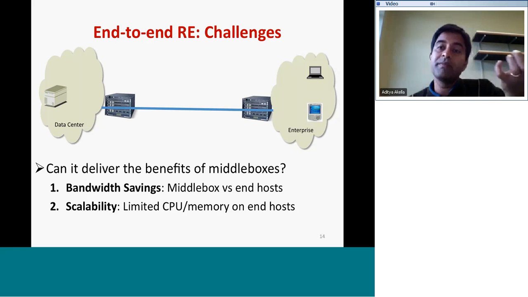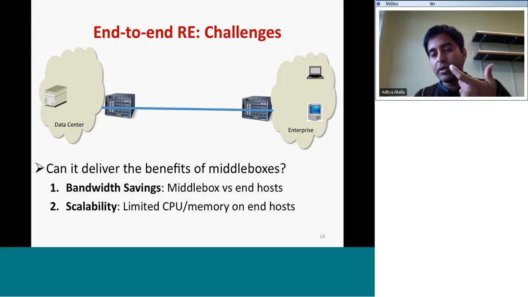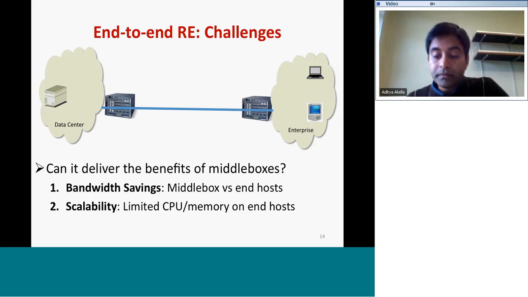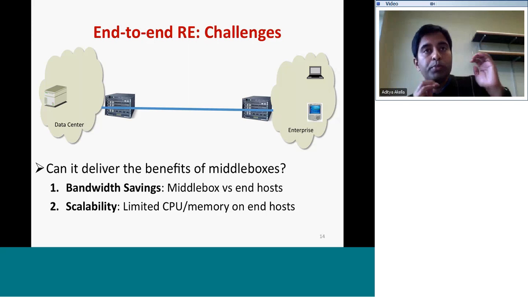On things like smartphones, each time you get an encoded packet, you have to decode it, and you have to potentially look it up. That is expensive. It may take away bandwidth and battery from the smartphone. And the data center servers are already busy doing a lot of other computation. Now you're asking them to also do redundancy elimination. Is that possible? Those are the questions that I'm going to answer, and I'm going to say that provided you make suitable choices for content-aware networking and for how to implement it, you can meet these challenges fairly effectively.